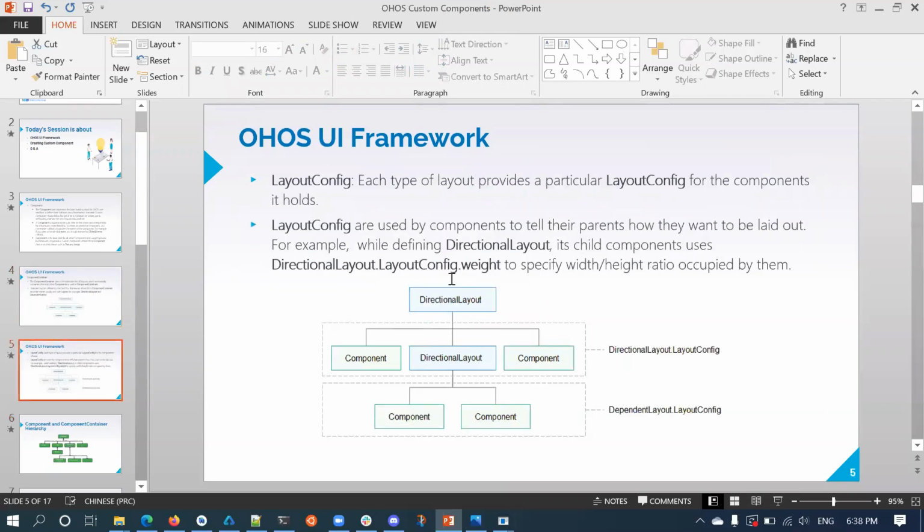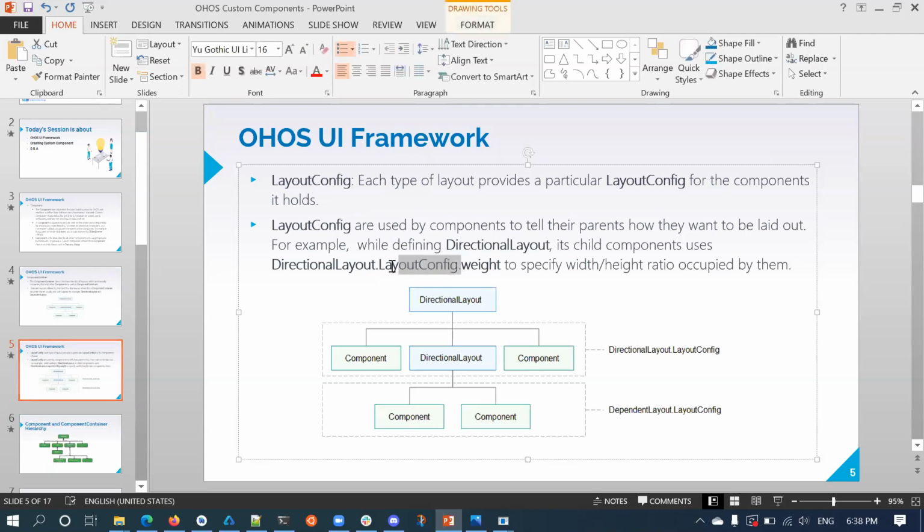For each of these component containers, we have a very specific layout config. If you encounter a directional layout, it will have a layout config. Similarly, a different layout will have its own layout config. Each type of layout provides a particular layout config for the components it holds. Layout configs are used by components to tell their parents how they want to be laid out.